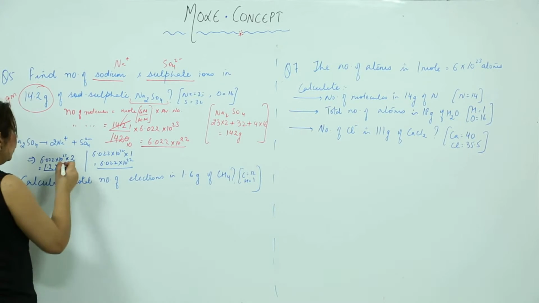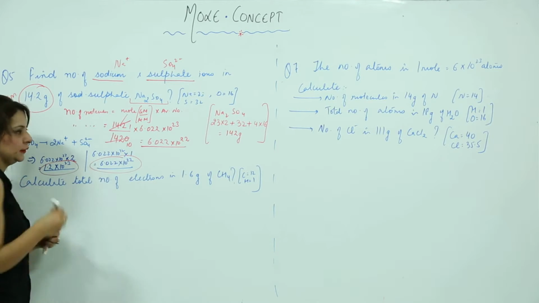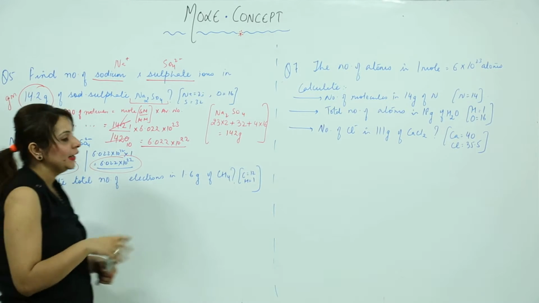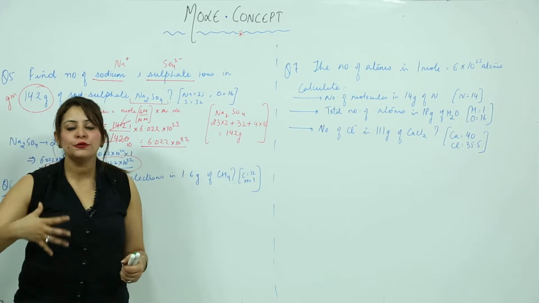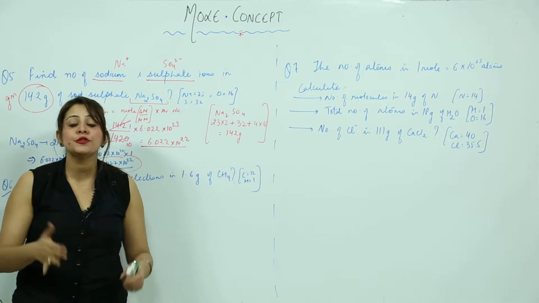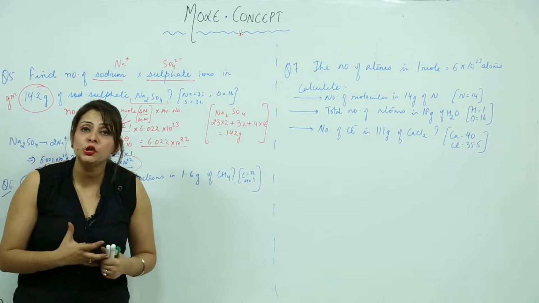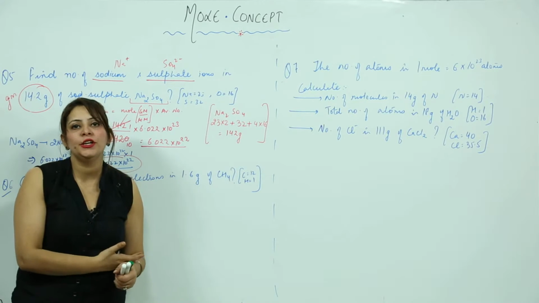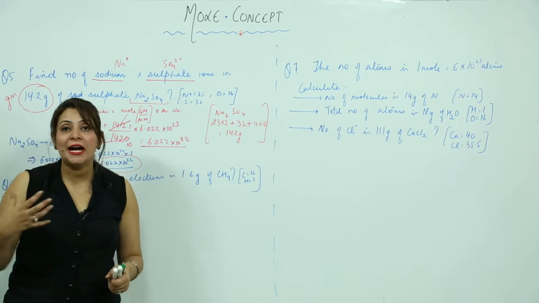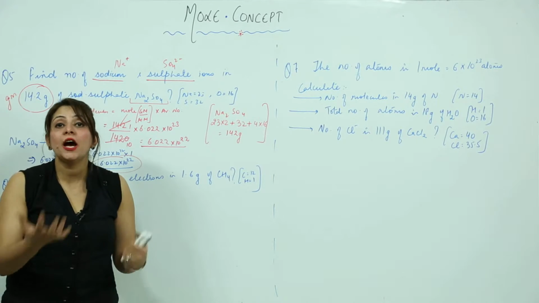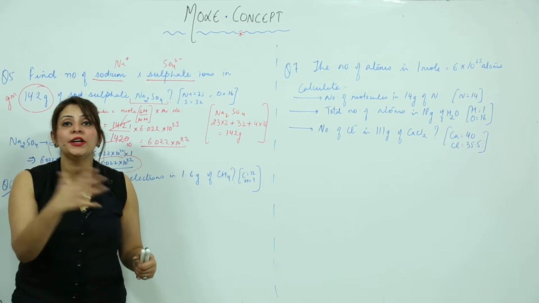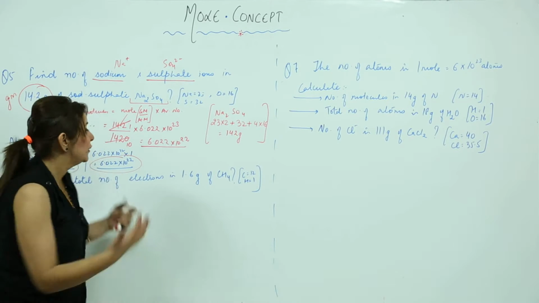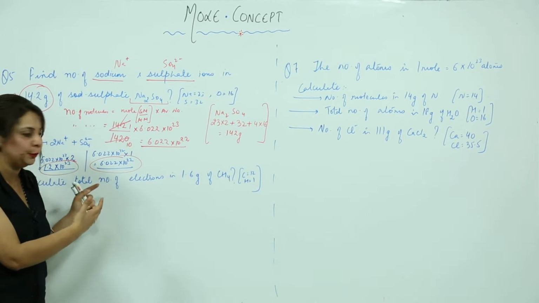So this is how you are going to calculate this way. I think it's clear. Again I will repeat. If somebody asks you for the number of ions or something, first of all you need to find the number of molecules, because when you have the number of molecules, then you will see how many ions one molecule forms and how many molecules are present, then only you can accordingly multiply that term, right. So this is what I have done in this practice problem.